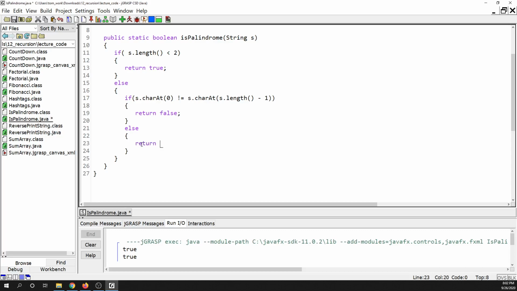So we would return whatever value we get from calling the isPalindrome function itself with a substring of our input string, starting at the character at index 1, not the first character but the one after it, and then going all the way out to the length